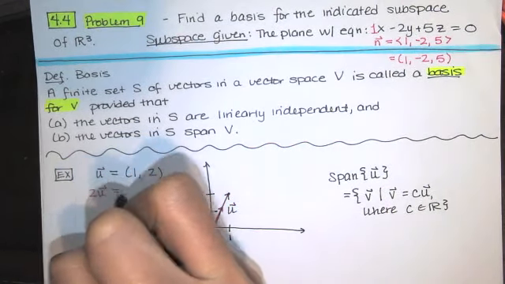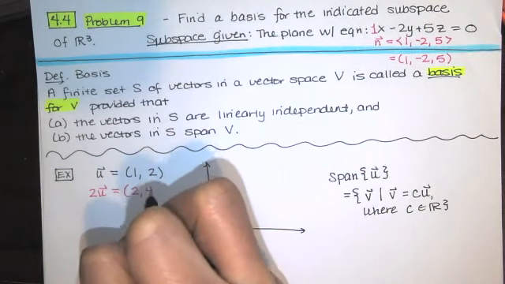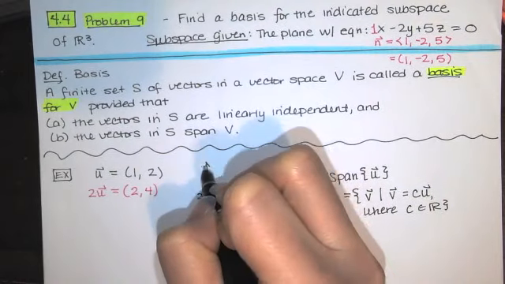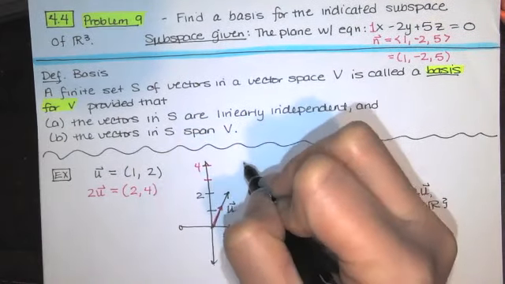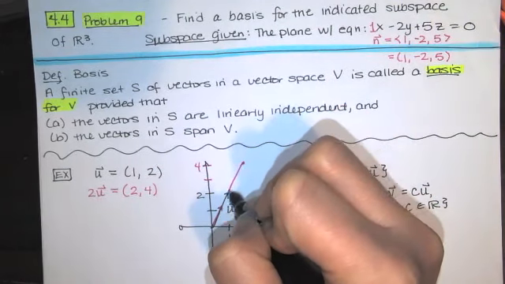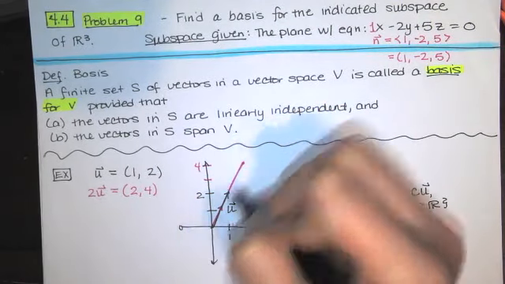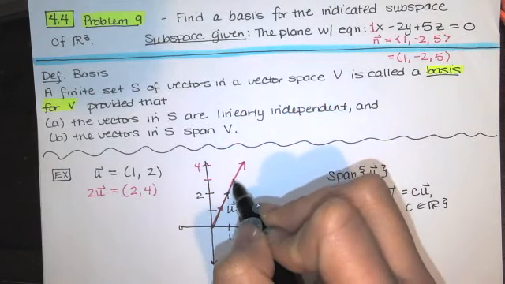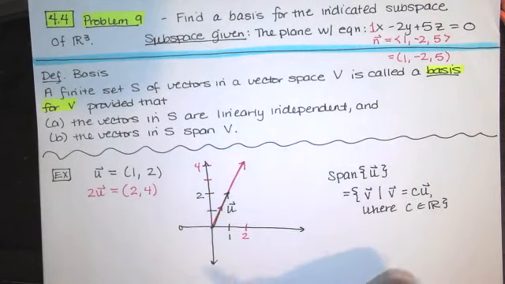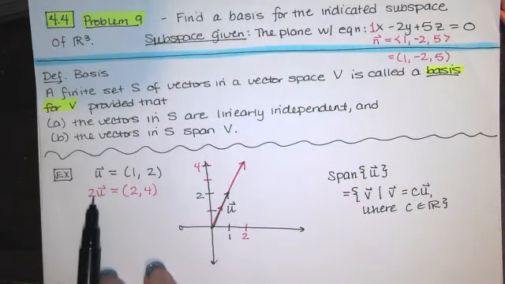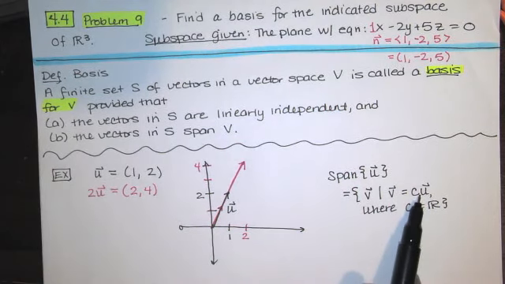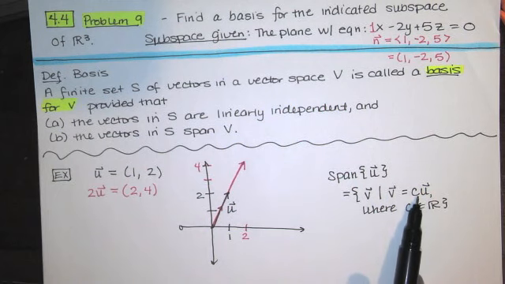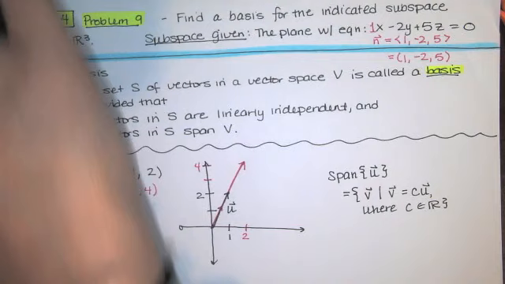times u, multiplying component by component, we're going to get the vector 2, 4. So we're going to go 2 units in the x direction and then 4 units in the y direction. That's 2u right there. So there's half of u, there's u, there's 1.5 times u, there's 2 times u. And as we take different values for that constant c between 0 and infinity,